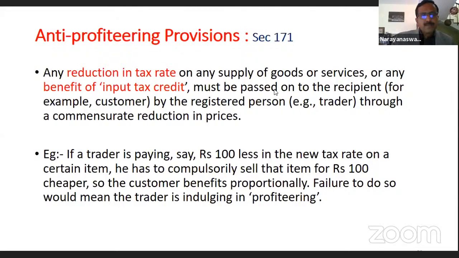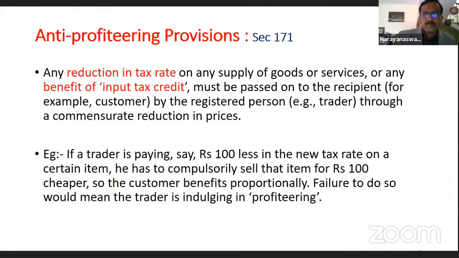We have received a lot of complaints from the people who have bought apartments and things like that, in the real estate field, where the builder suddenly started charging 12%, even though he was charging 5% earlier. When the analysis was done, he was getting about 7% equivalent input tax credit, which was not available earlier. So he should not have charged 12%, he should have continued to charge 5%. But under the taxation, you can't write 5%, you have to write 12%. So this 7% he should have reduced from his base price and collected 12%.